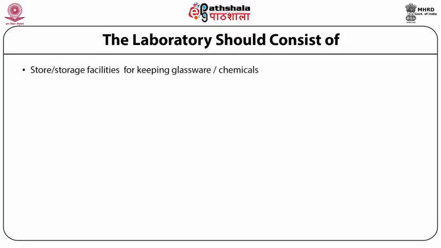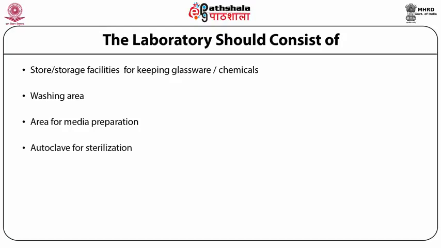The laboratory should consist of an area for storing glassware, plasticware, chemicals. Then an area where you can wash your glassware, whether it's new or the used one. And then it is to be dried before you use, and it depends, either you keep adequate area for drying or you have equipment for drying. Next room where you move this is the media preparation room. So there has to be an area demarcated where you prepare media, and we also call this as media kitchen.